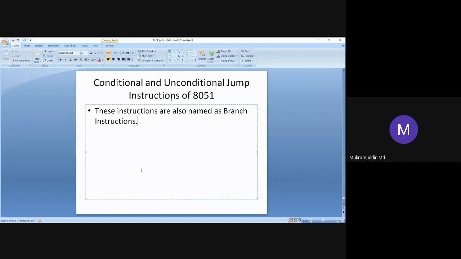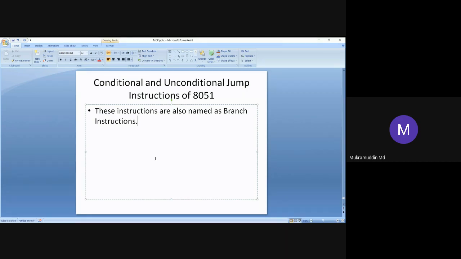Before that, you should have a clear idea about jump instructions, which are also called branch instructions. Suppose the processor is executing one program.